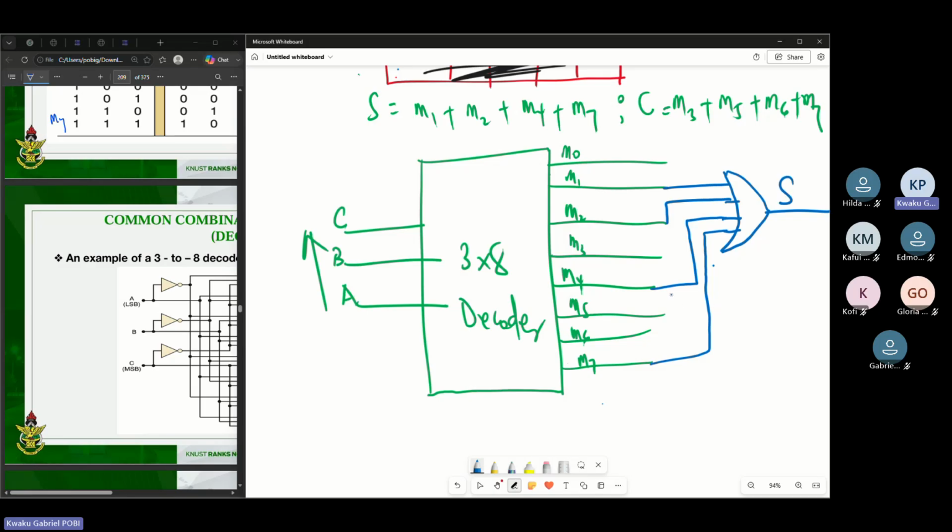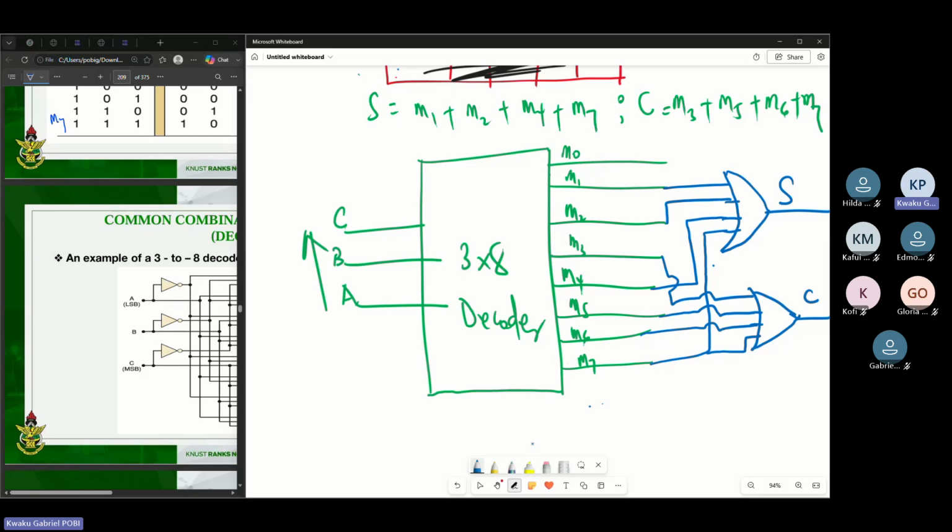Then the carry is supposed to be M3, 5, 6, and 7. So all of them are down here. So I'll take this, take it here. So it means M3 is here. I'll take this one here. I'll take this here. I'll take this here. And then here, this one, I can take it like this. So all these min terms, I have to add them together to get what? My carry. So this is how you get your sum and then carry